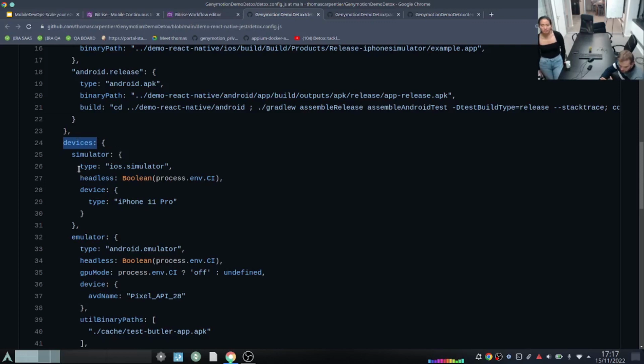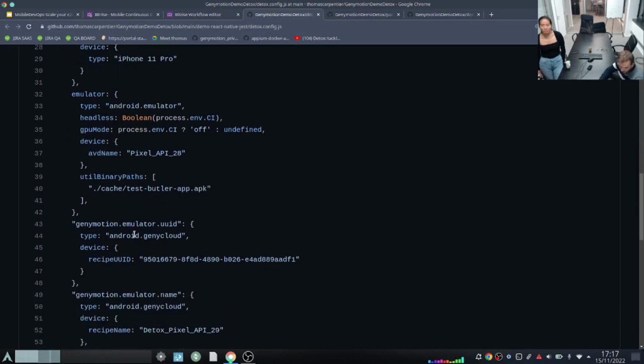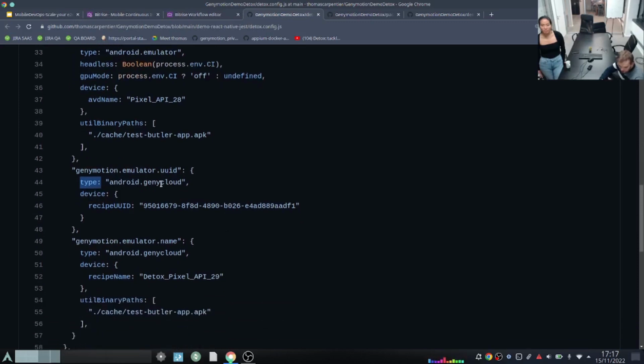Here we have some types of devices. We have iOS.simulator, Android.emulator, but thanks to Wix and the latest version of Detox, we now have a new type called Android.genycloud, and this type of device can be configured using a recipe UID or a name,